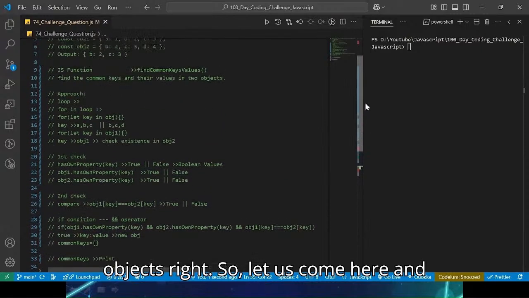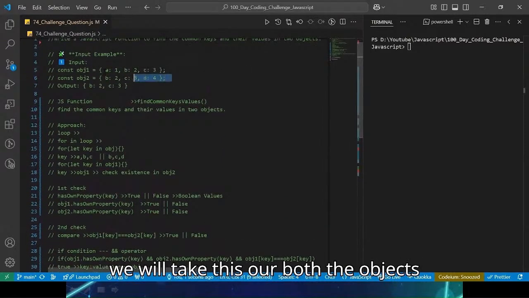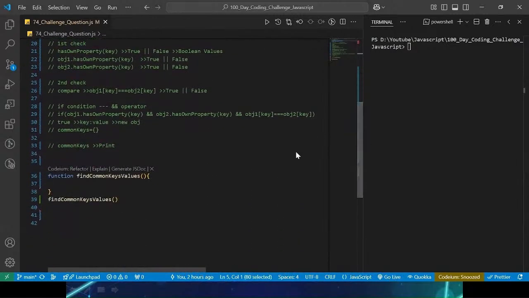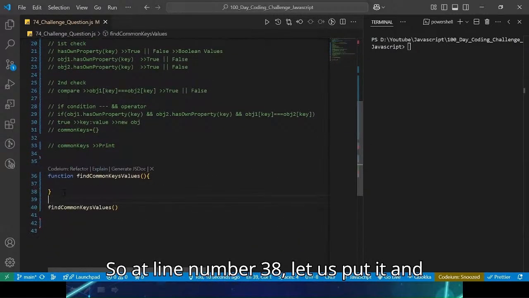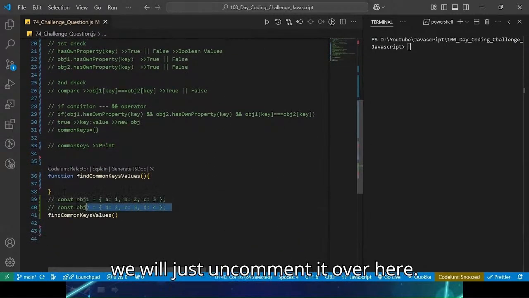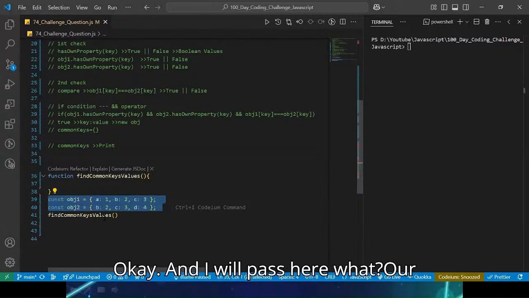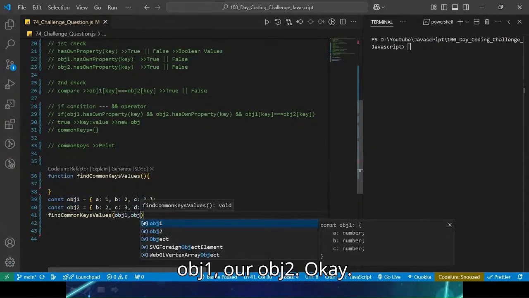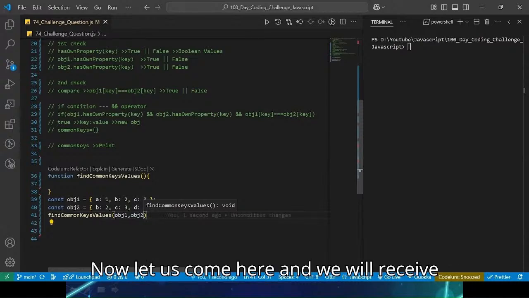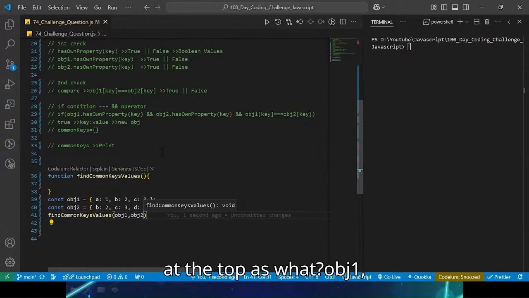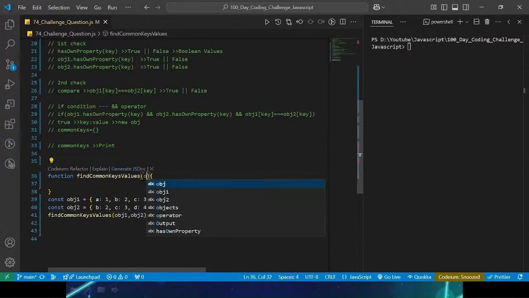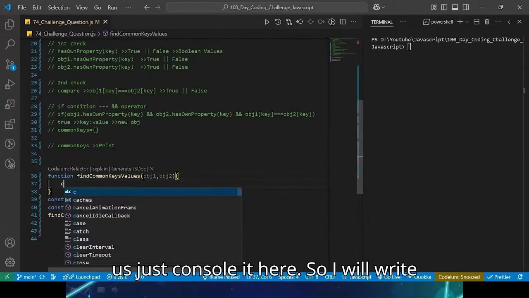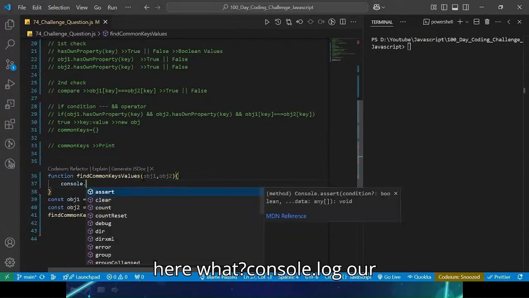Let us take both the objects and put them down. At line number 38 let us put it, and we will uncomment it over here. I will pass our obj1 comma obj2. Now let us come to the top, where we will receive obj1 comma obj2 as params. Now let us just console it here. I will write here